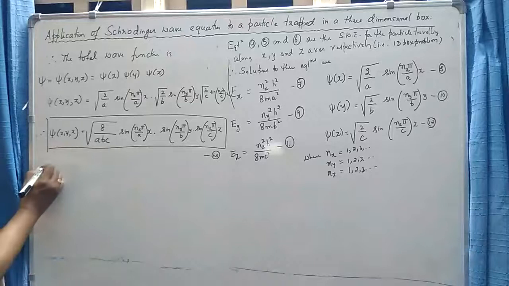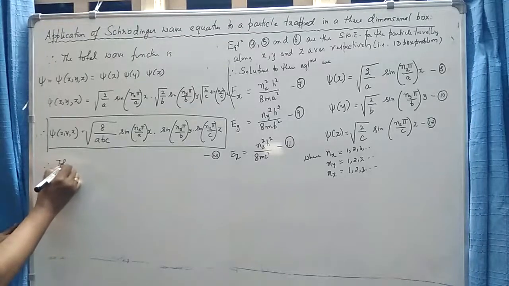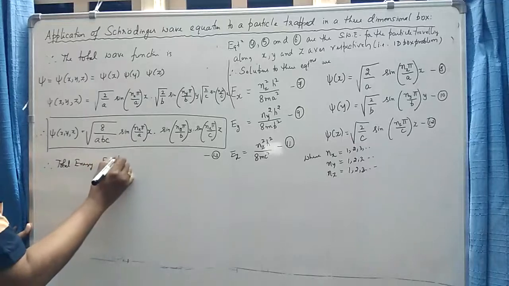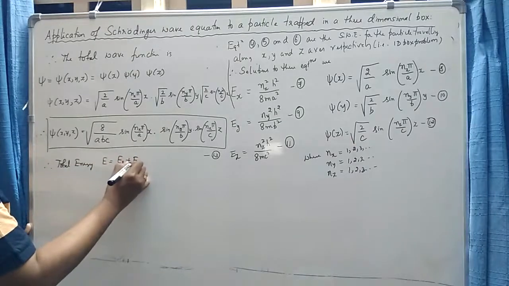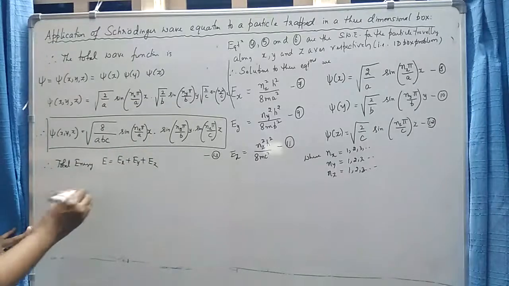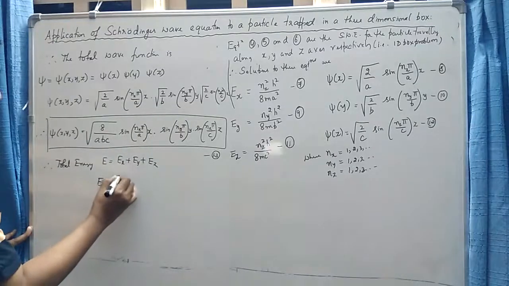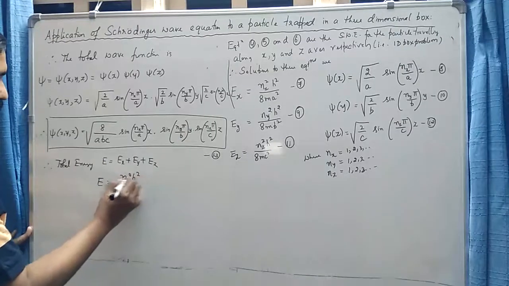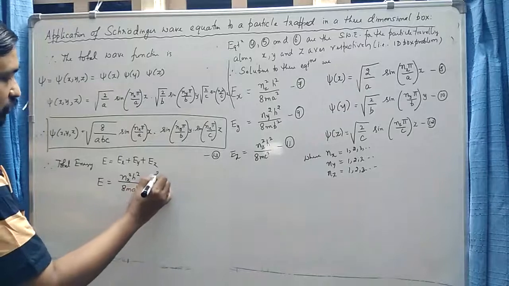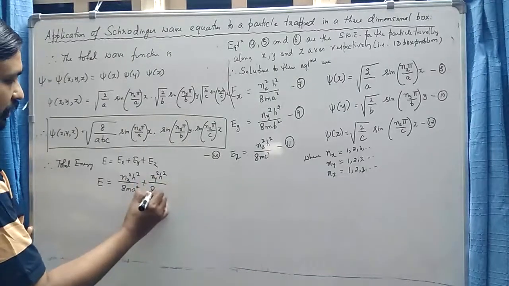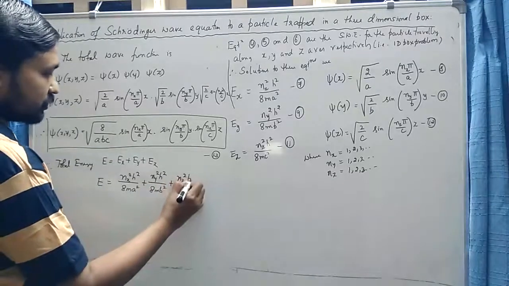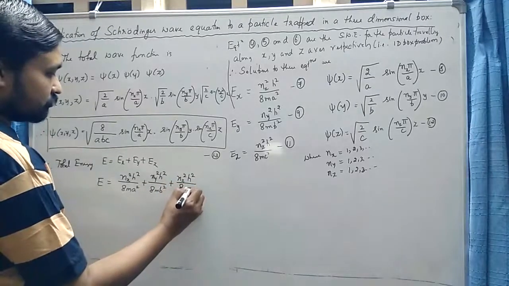Similarly, you can find out the total energy. The total energy is therefore Ex plus Ey plus Ez. This is nothing but equation 3. Let us substitute. Ex is nx square h square divided by 8 m a square, plus ny square h square divided by 8 m b square, plus nz square h square divided by 8 m c square,